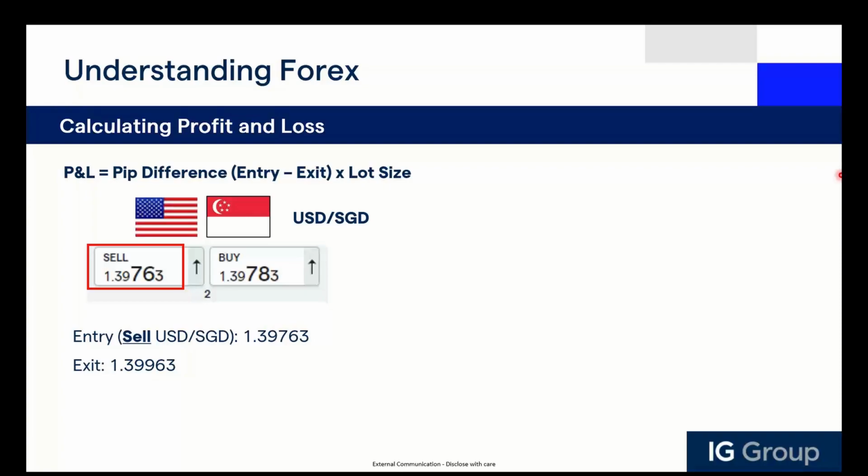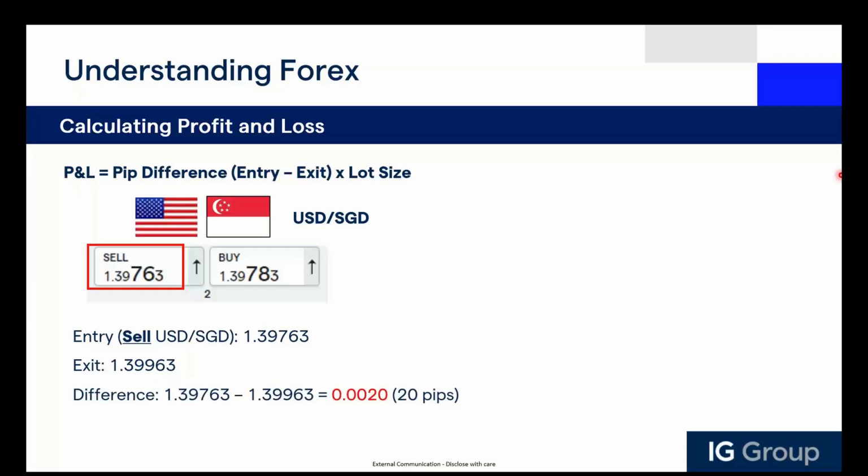So right now, we are looking to sell this particular pair. To sell means that we are looking to short the US dollar and buy Singapore dollars. So what we are speculating is that the US dollar will weaken and the Singapore dollar will strengthen against the US dollar, and hence we take this trade. Our initial exchange rate is 1.39763, but in the future, when we close out the trade, we close it at a higher price,